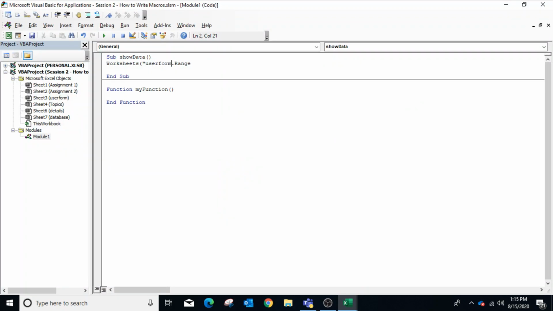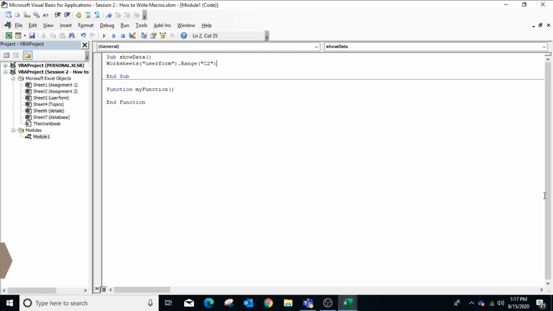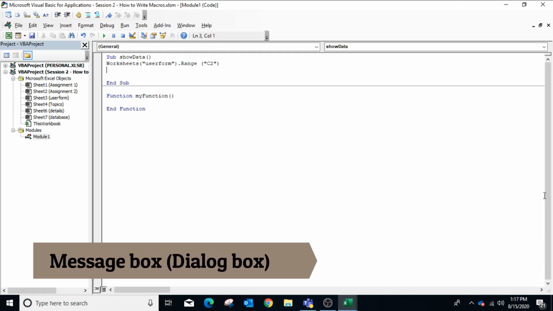So type user form in double quotes, closing bracket, and in the range, we will specify the cell which we want to use in our macro. So if I specify C2 in double quotes in the brackets, now this line refers to the C2 cell of the user form sheet.